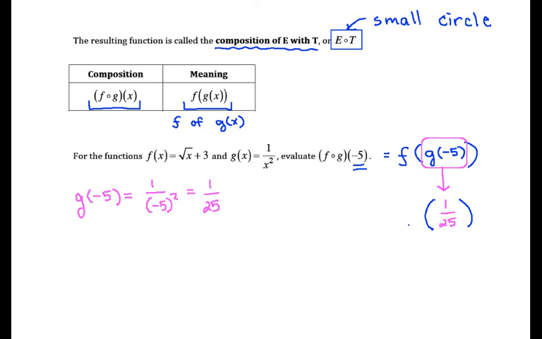Still in parentheses, still as input to the function F. Now I'm going to evaluate F of 1 over 25 looking at the function F of x. So F of 1 over 25, F is the function that takes the square root of its input